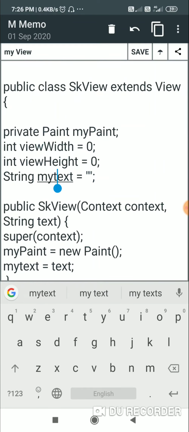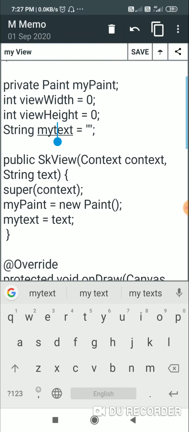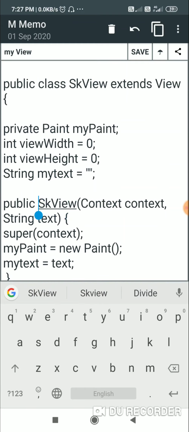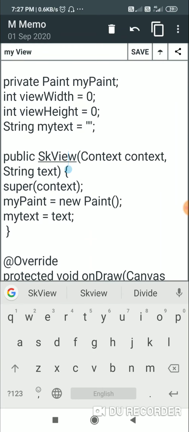the variables. Now after that there are two methods in this. First one is public skView context and string text. So this method, which starts here and ends here, is a constructor, because I have not written anything here. It just has the name of the class. So this is a constructor for this class.